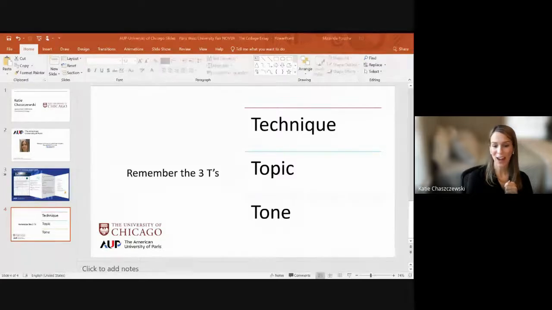So even though we have guided students to talk about a topic, they've still chosen what exactly it is that they talk about. What I say here is that it's important to remember that although we read lots of applications, the point of an essay is not to shock an admissions counselor. You do not want to stand out because you've written about a topic that is so out there that they remember it. Yes, we may be sharing that essay around the office with our other colleagues, but I'm also going to question your decision-making abilities when coming to university. I'm going to question your fit if we look at those things.